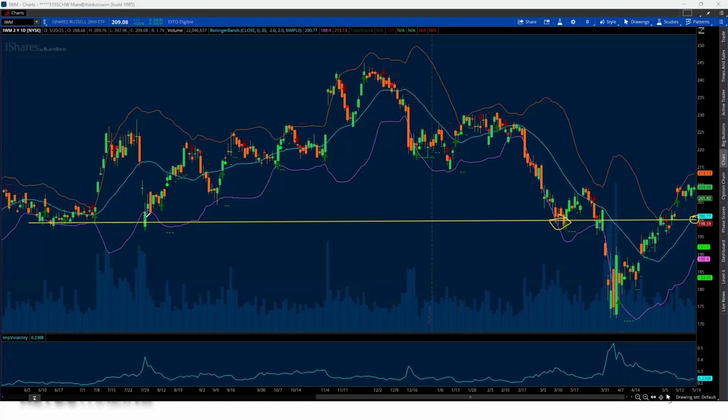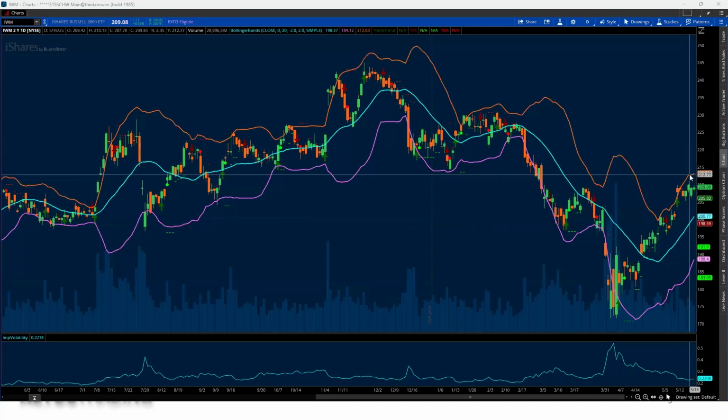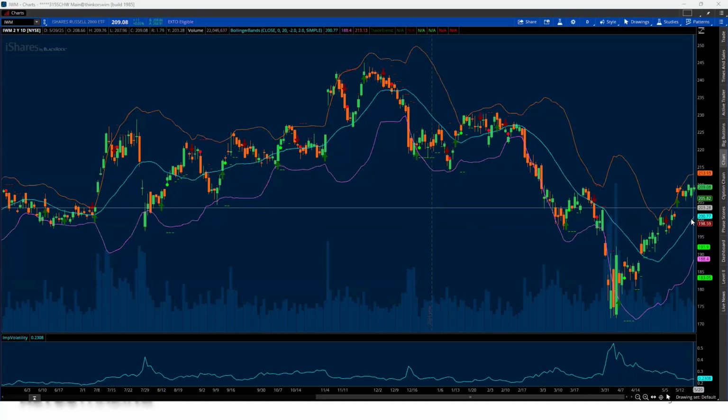Okay, and then we also have our static price level of support. So what that does is it brings in some credit. Okay, not as much as the call spread because that was rolled in the money, but that brings in some credit. If IWM continues to rally to the upside,